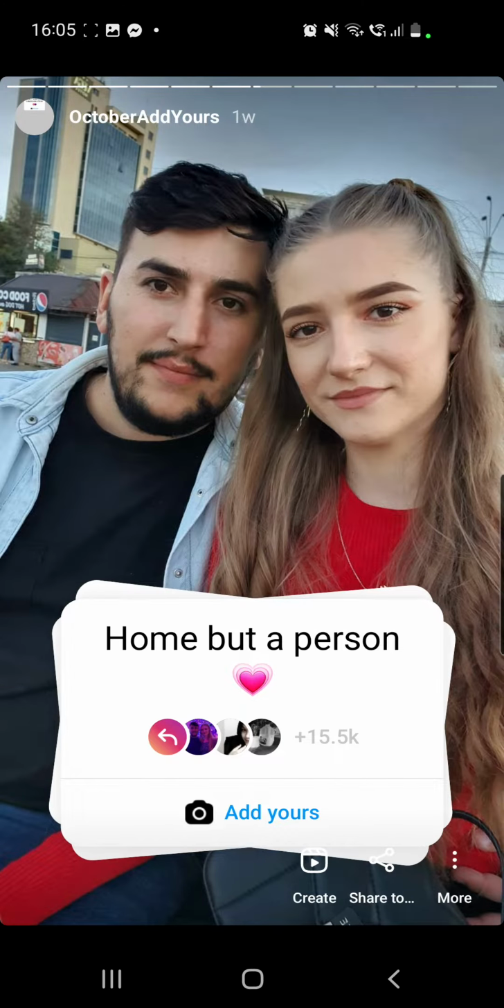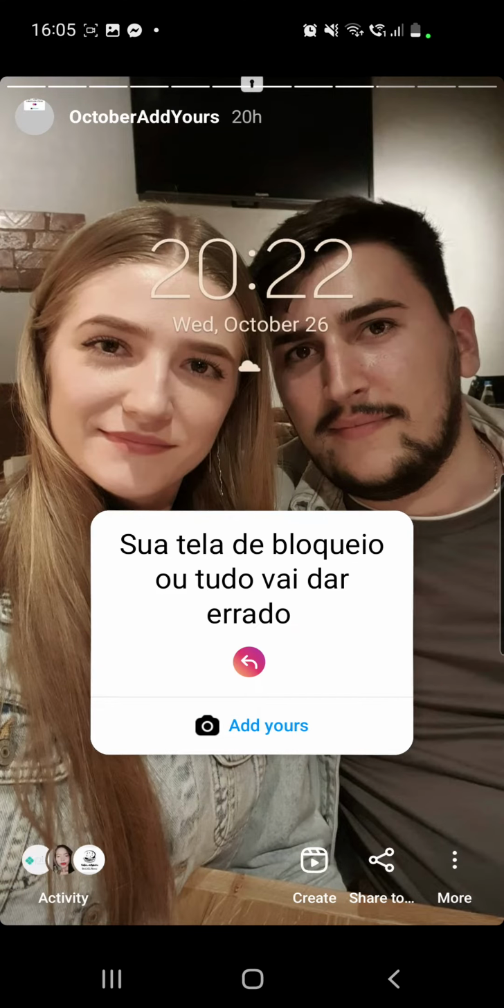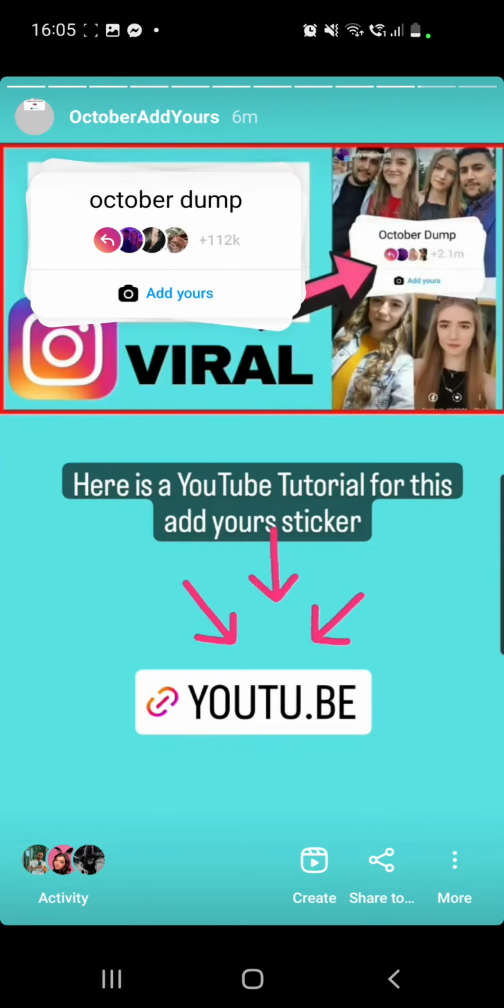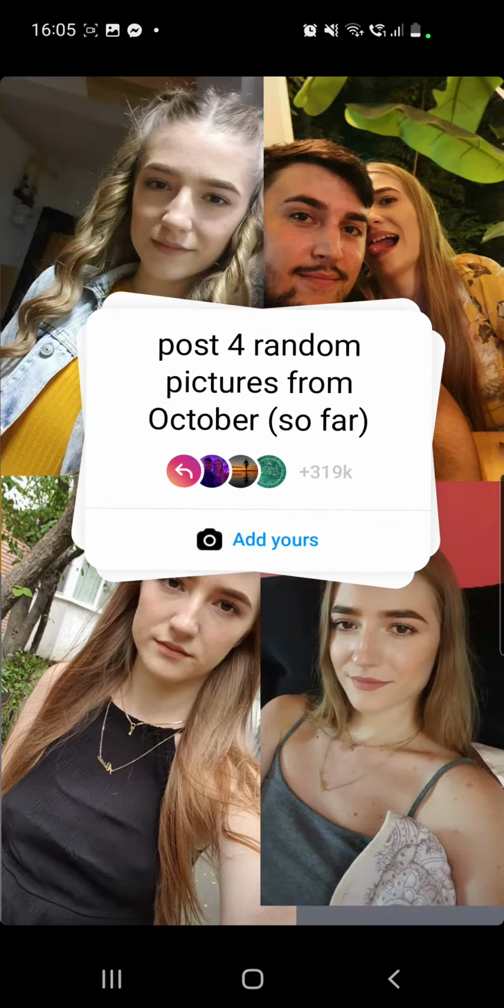Now you have to tap, and you can also try my other viral trends if you like this one, for example, or this one with October dump. So there we have it. Click on the Add Yours button,